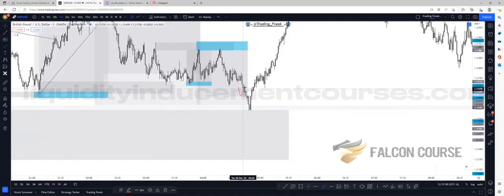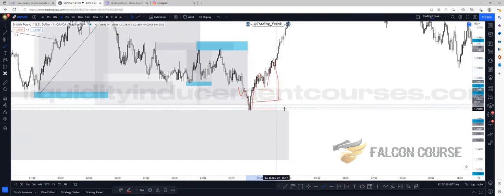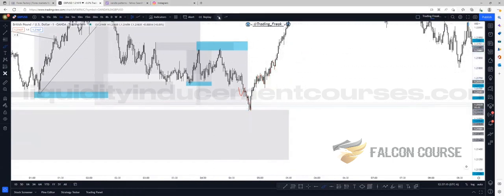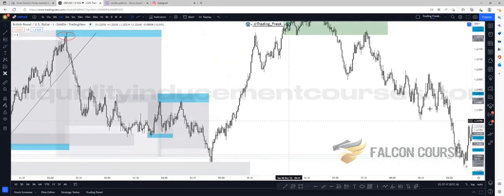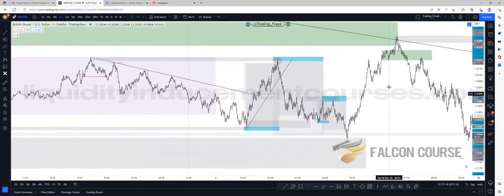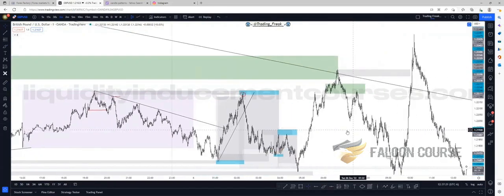We have the low, the high, which is minor. But I definitely like the way this happened, and I wanted to see this. I know all of us wanted to see something like this. I don't know what's going on, especially with GU. EU worked out perfect, but not with GU, as you can see right here.